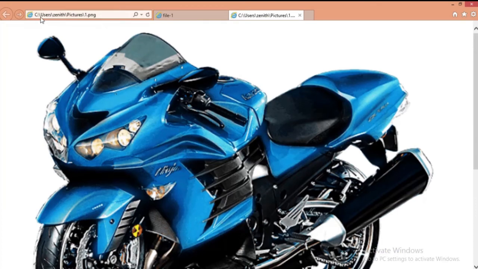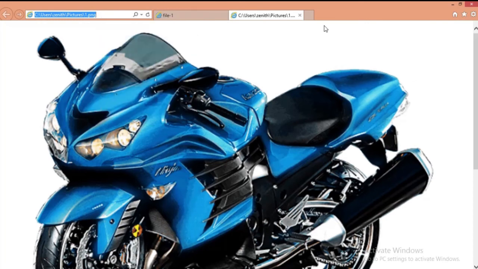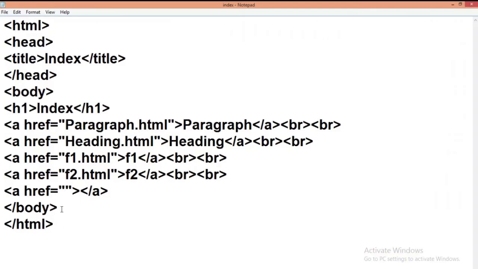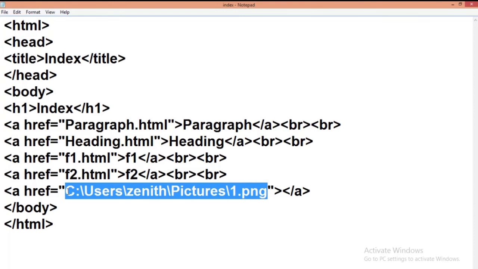Now look here, it is the address bar, and here the full path of the picture is given. So copy the full path of the file and paste it here. See, it is a full path. It is called the absolute address of the picture.